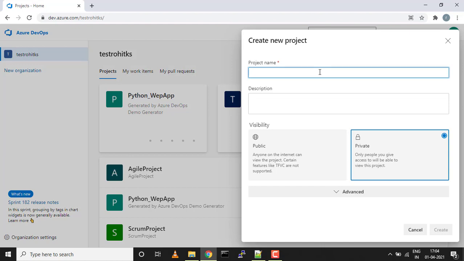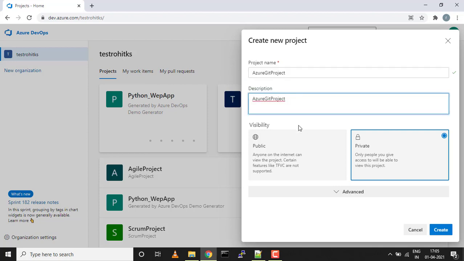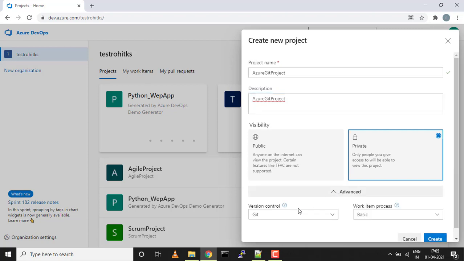I'll give the project name as Azure Git project, and just copy paste the same in the description. I'll keep it private, I'm not making it public. In version control, we have multiple options: Team Foundation Version Control and Git. We'll stick with Git.